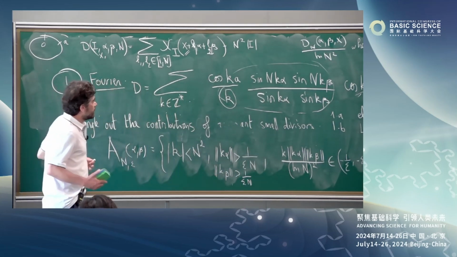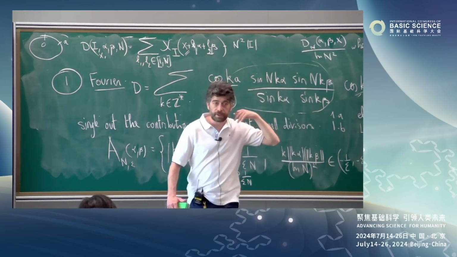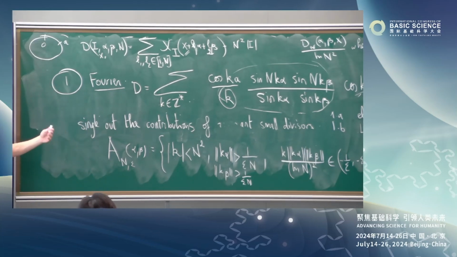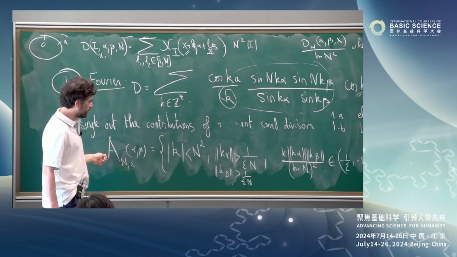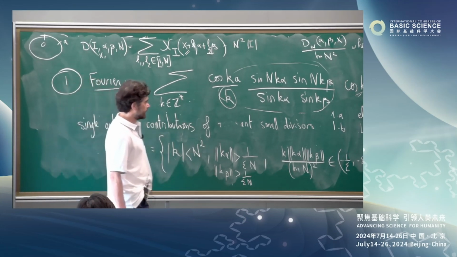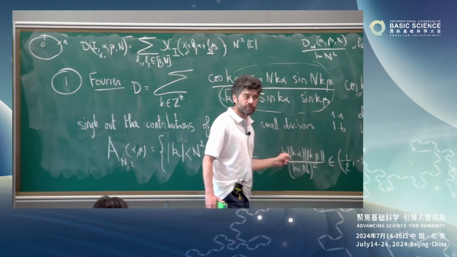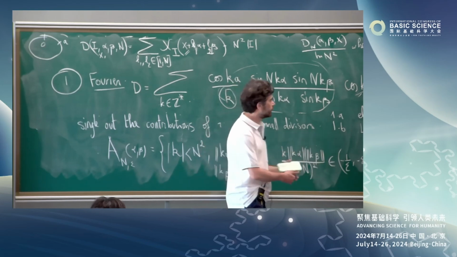But I'm interested in the behavior of this quantity in distribution. So I don't mind. I can do it in L2. I can eliminate a small measure set of alpha, beta. It's fine. So we end up focusing on this set. And then we see here the Littlewood small divisor. And we understand that this is the guy we have to focus on.